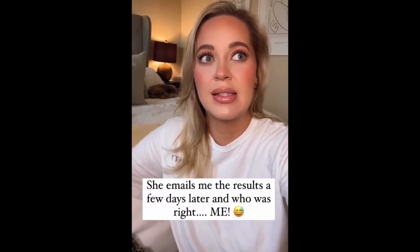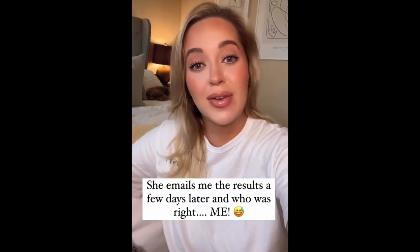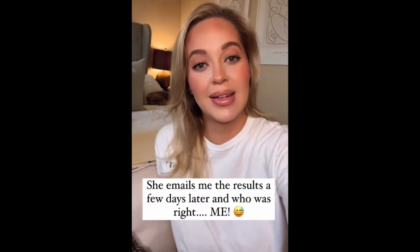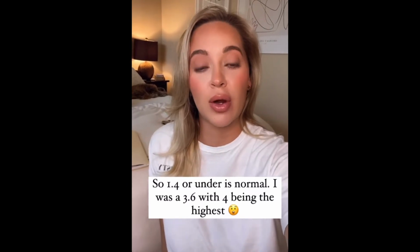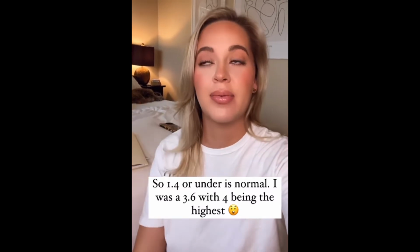So that was January, the biopsy. A few days later, I got the results in my email, and guess who was right? As I stated earlier, a normal level of the BCL6 gene is 1.4 or under for a baby to be able to implant, grow, thrive, all that great stuff. Mine was